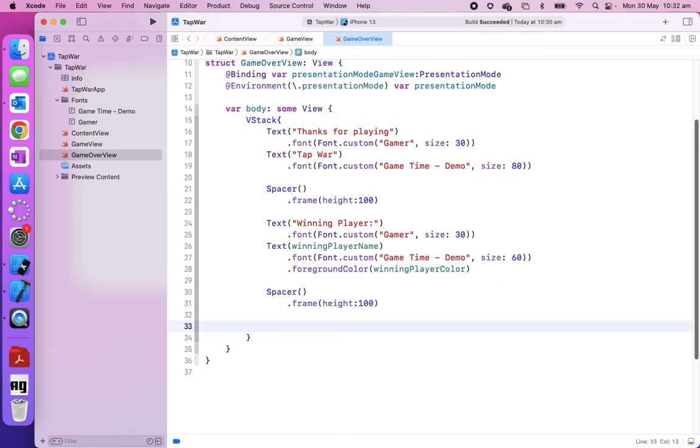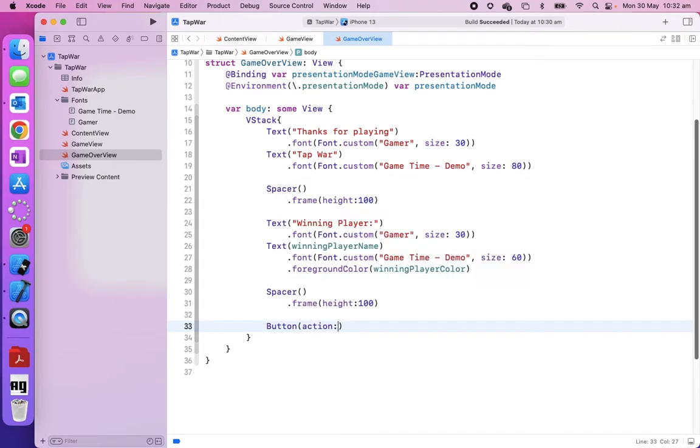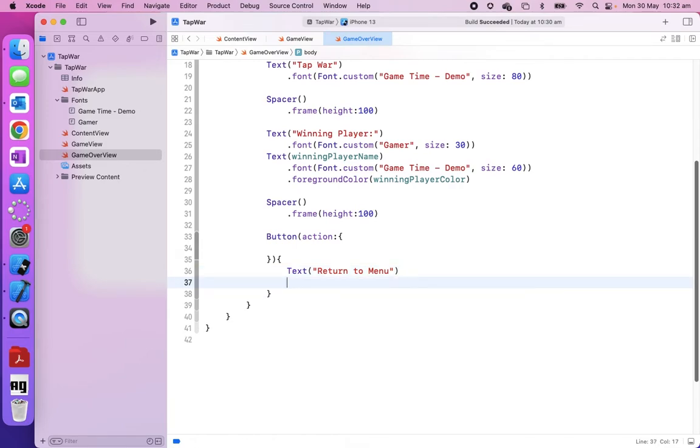And then our last thing on this view is going to be a button, which has an action and some text. And the text is going to say return to menu, so that if another player wants to start playing, we can reset everything. And I'm going to use the font custom gamer. Size 30, that's fine. And then the action, what the button's going to do, is it's going to go back all the way back to the content view. So I'm going to do first our presentation mode game overview. This one,